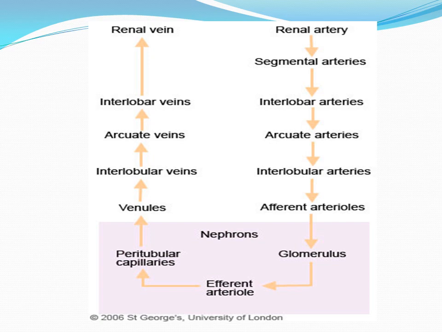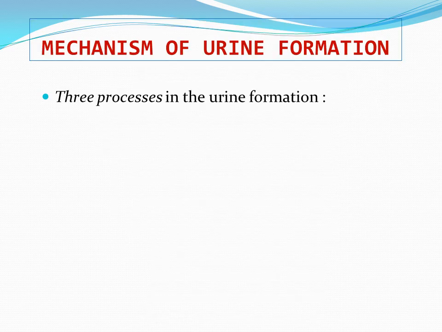So look at this flow chart showing the blood flow through the kidney, which we already discussed in the previous lecture. Blood flows through the renal artery and its branches. Finally, it will flow through the glomerulus, that is the portion of the nephron, where there will be a filtration of the blood. The filtered blood will be poured into the renal tubules, and the remaining blood will leave the nephron via the efferent arterioles and ultimately through the renal vein.